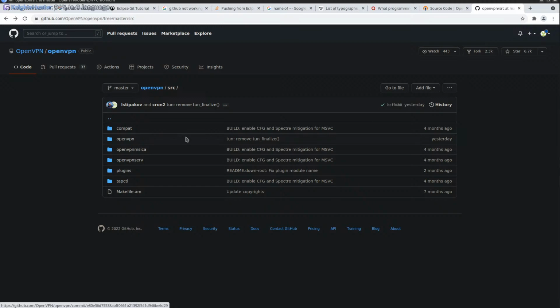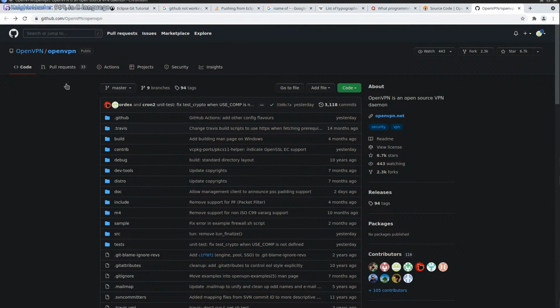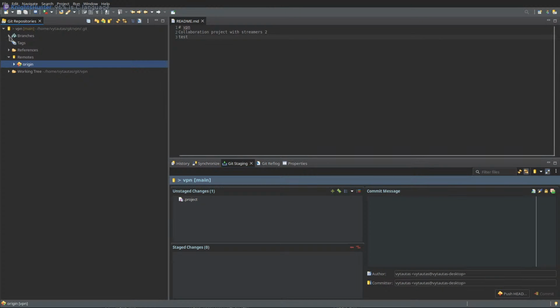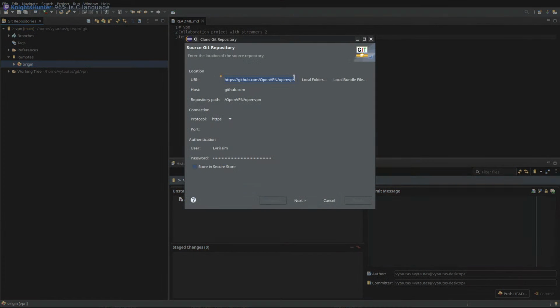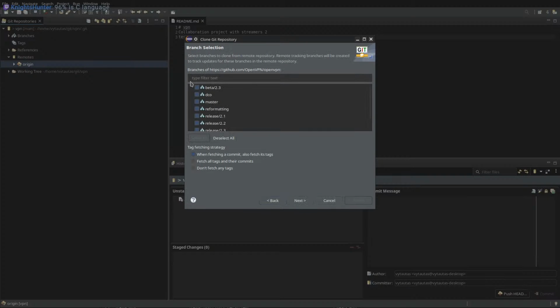I kinda wanna look at the source itself, so since we learned how to use GitHub, just use the URL. Import the project into our development environment. Do this, OpenVPN. Actually need the password. Let's just keep the configuration the same.